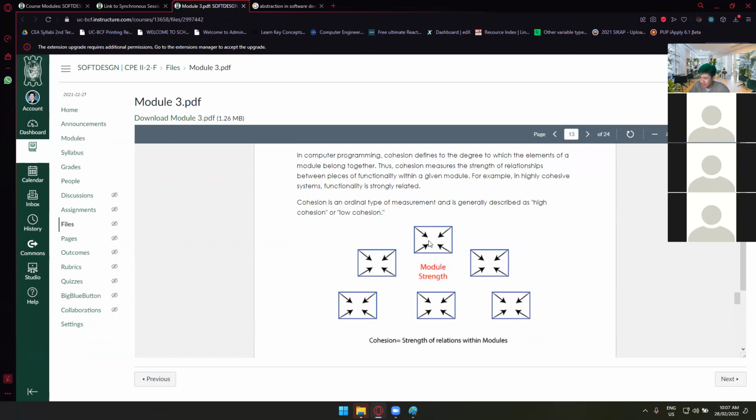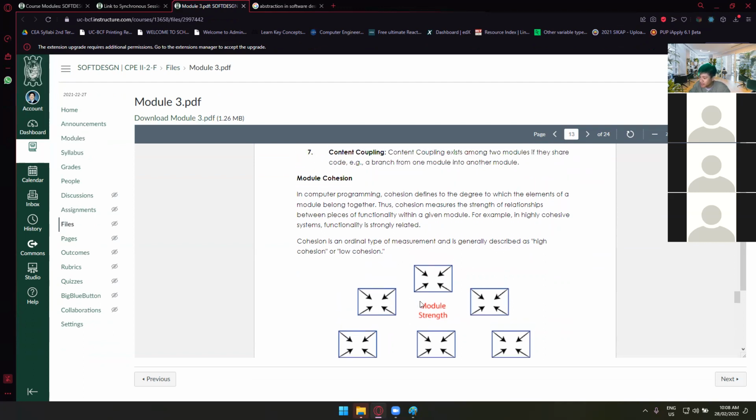See, we have 1, 2, 3, 4, 5, 6. Let's say we have 6 functionalities under this one module, and then this cohesion right here is trying to identify